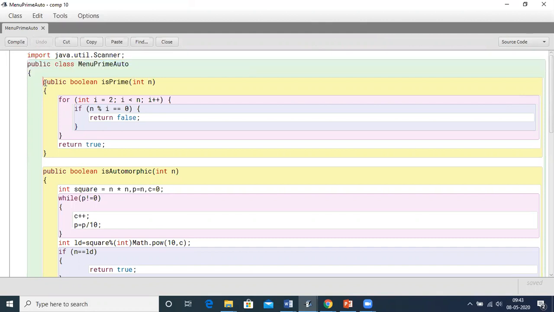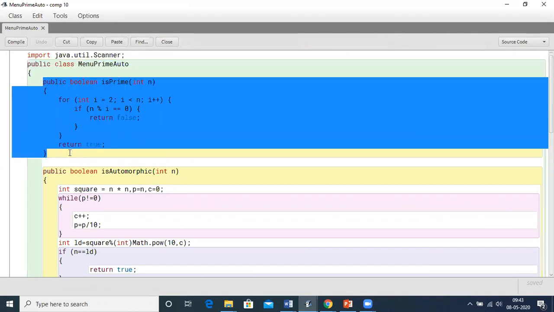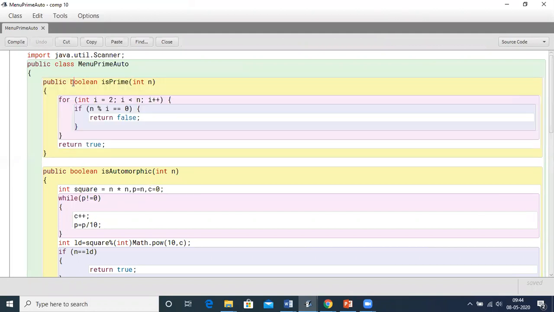As you can see, this is a function to check for a prime number. If it's a prime number, it will give a boolean output. That is why the return type is boolean. In the formatting question, if you remember, there was no output returned. That is why the return type was void. But over here, I'll be returning a value, so I have mentioned the return type as boolean.